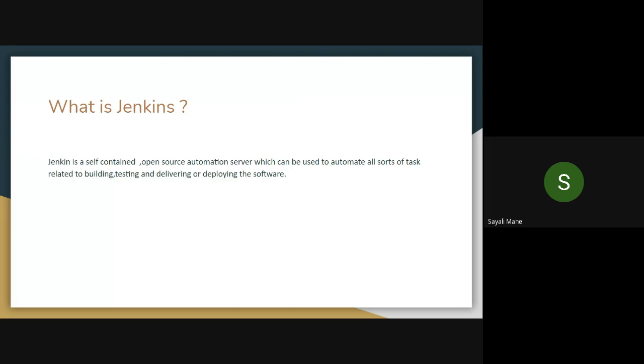Do you want some time to read what Jenkins is? Should I go ahead? Ma'am, it is fine. You can go ahead. Okay, done reading. Sure, we'll go to the next one.